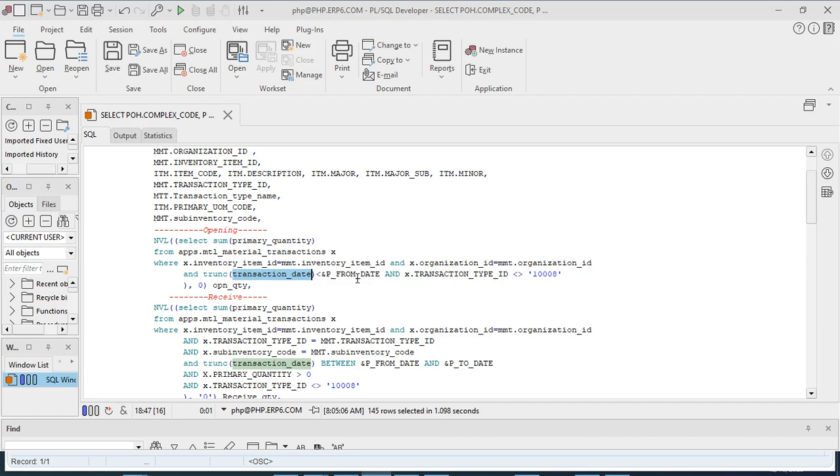Because this one is opening, we have to calculate it. The date criteria we have, which we are using, is from date. It means you have to get the sum of quantity before the from date, and except transaction type, which I have already informed you that this transaction type we have to eliminate,